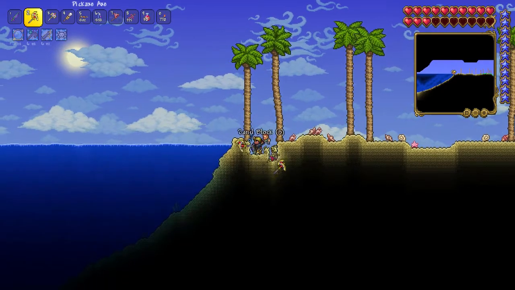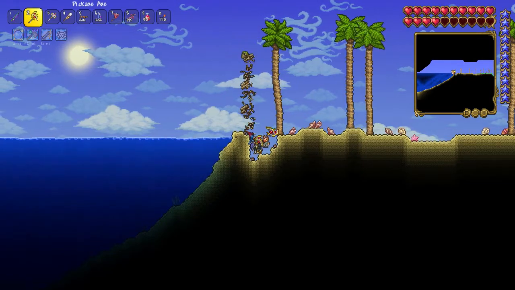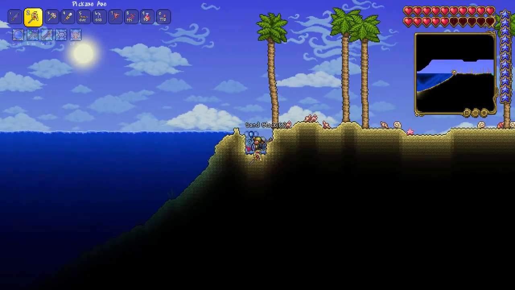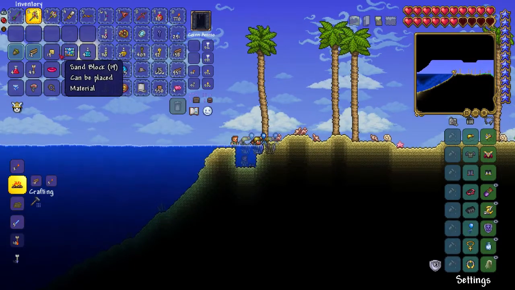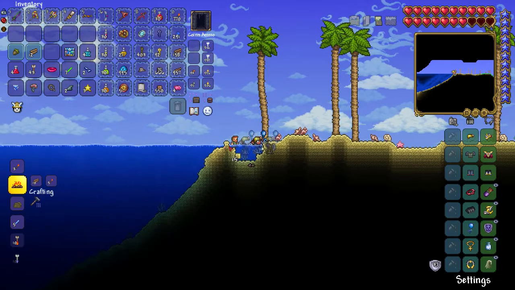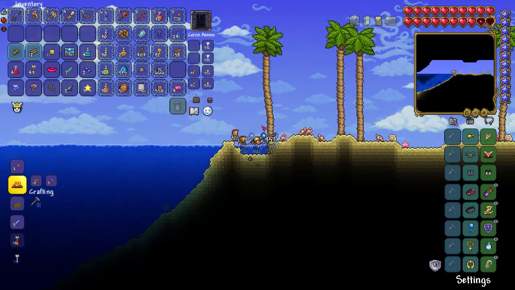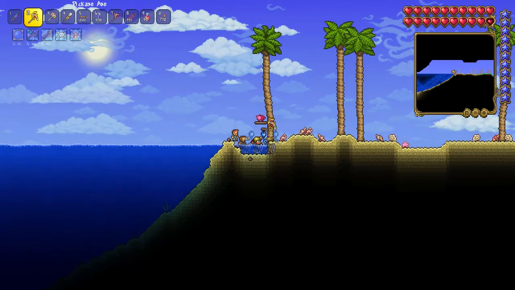But what we can honestly do is make a little bit of a thing here. Let's go ahead and break that, and just get a little bit of water. We might need a little bit more, just a little bit of water that we can stand in. We'll get a platform or two. Place down